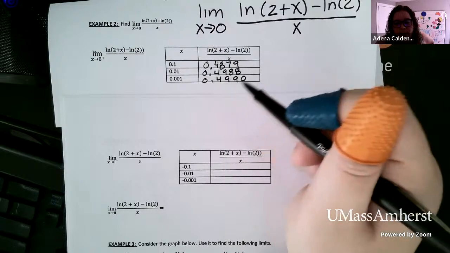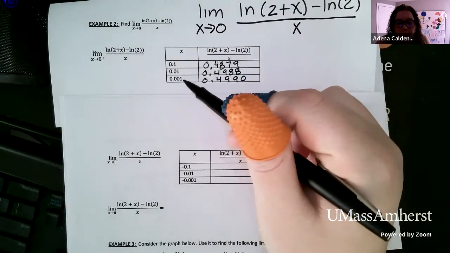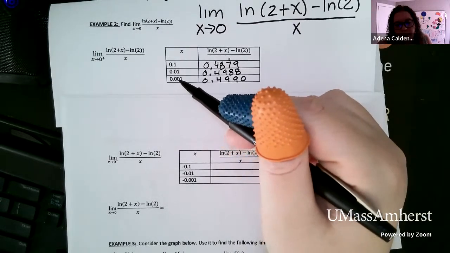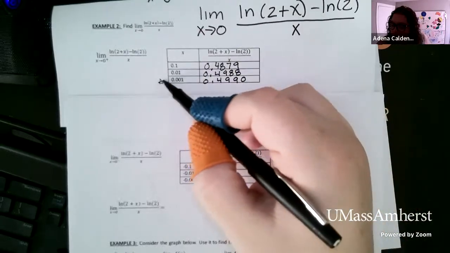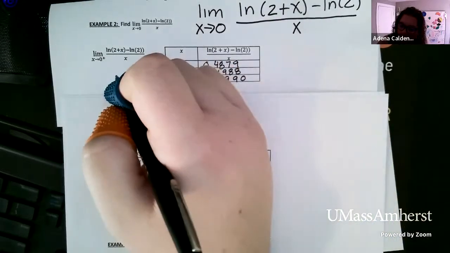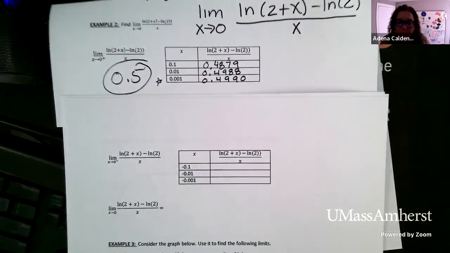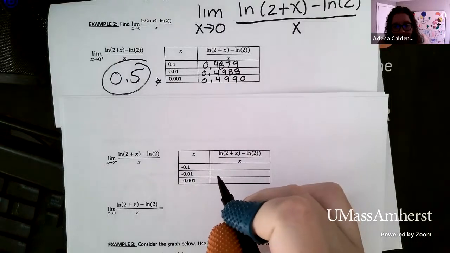Okay, so I'm making that leap from what I'm seeing here. This is pretty small. If I wanted to be sure, I could certainly check 0.0001. You can always add more zeros. But the further you go closer to 0, the more accurate you are. So I'm going to say that this limit is 0.5. So now when I do this from the other side, when I'm approaching from the left,